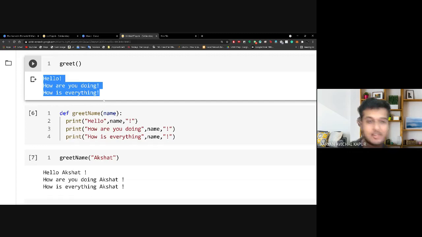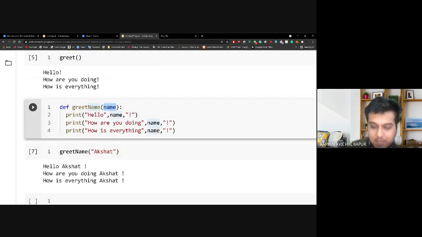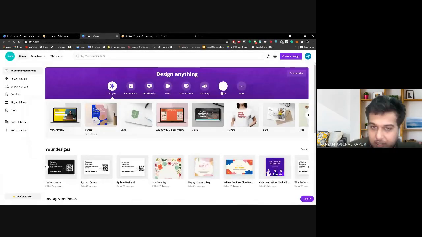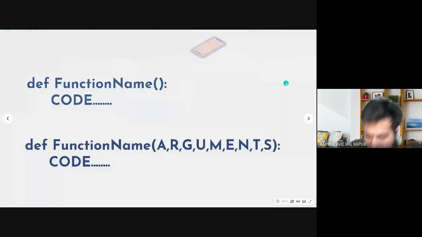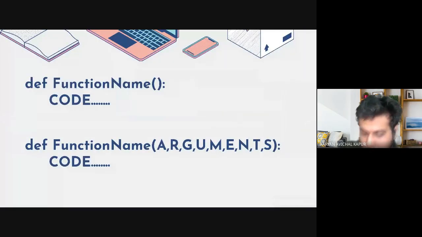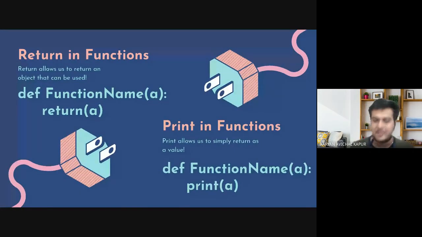Yeah. So greet is just printing stuff that we've given. Here we are passing an argument that is the variable name, and we are using that in the function. Are arguments and why we use arguments clear to everyone? Any question in that? Is it clear to everyone? Okay, so Nitin, I'm assuming it's clear. Okay, perfect. Right. So many people had this query, and now we will look at return and printing.